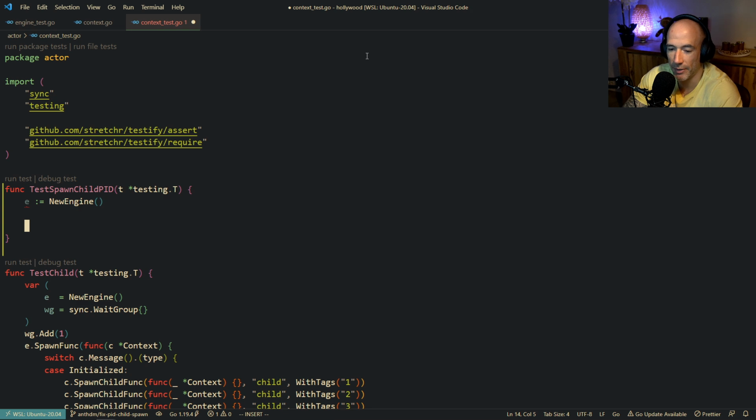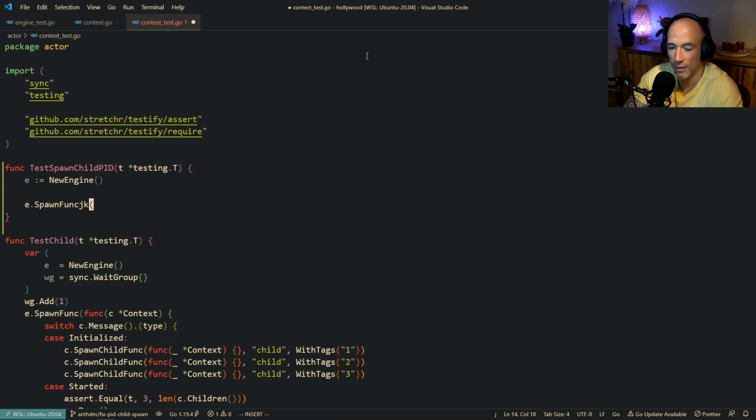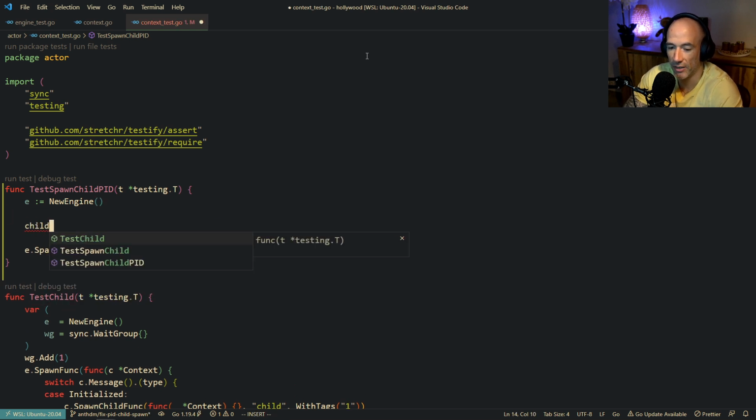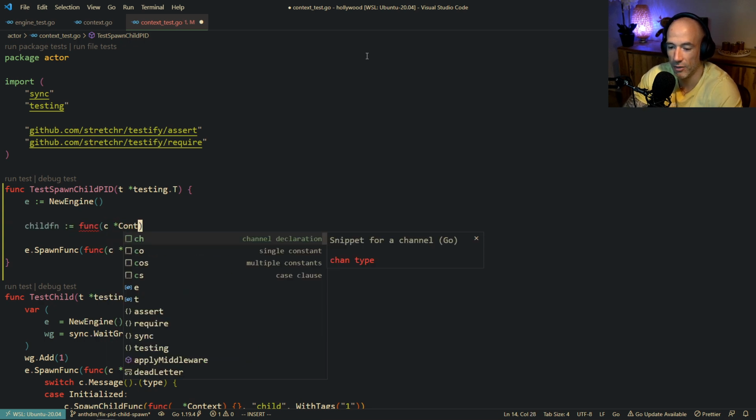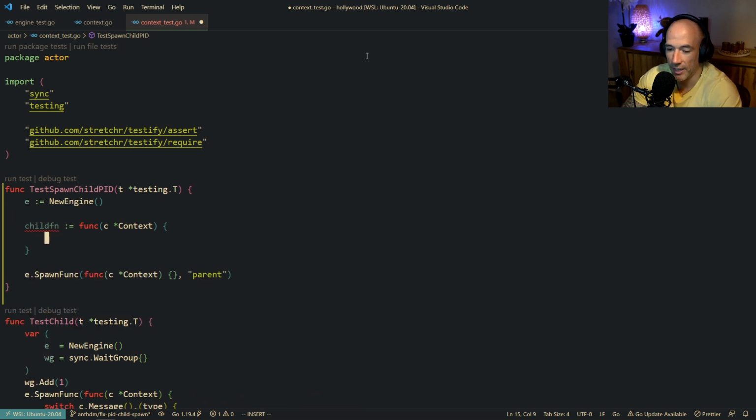Like that. Then we're going to say spawn func. We can spawn functions. Func, c, context, like this, and then we're going to name this. This is going to be the parent, right? It's going to be parent, and we're also going to say the child event is going to be a func c context, and we're going to say